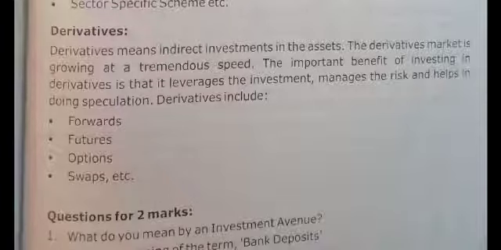So forward contract. Now you don't have money, so you are paying only the down payment. After 3 years, I am going to return your money with interest. So that is the mutual understanding between the two parties, and they agreed for this contract. That type of contract is called a forward contract. So towards the forward contract, you are going to get the benefits by the buyer as well as the seller. Even though the future is also one type of agreement, this is a very specific contract between